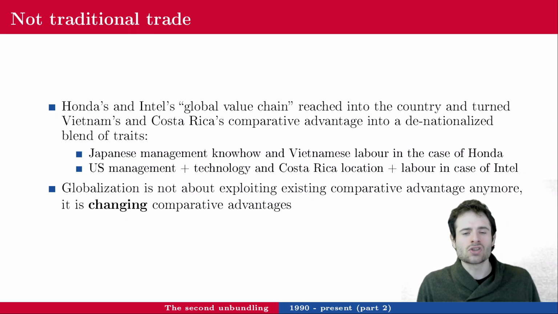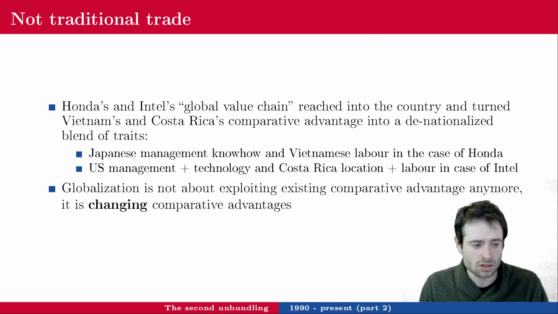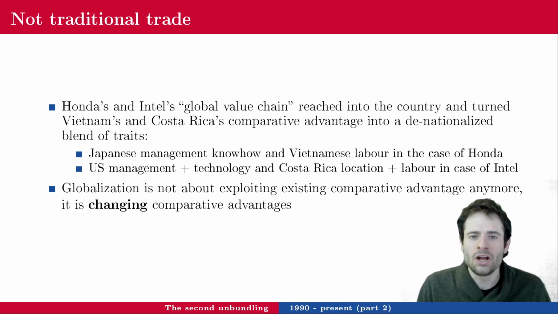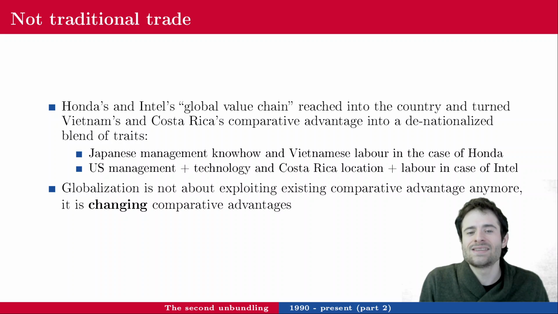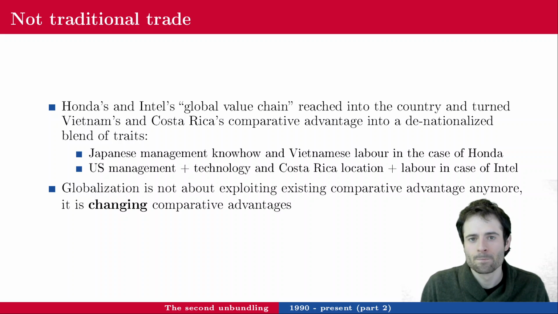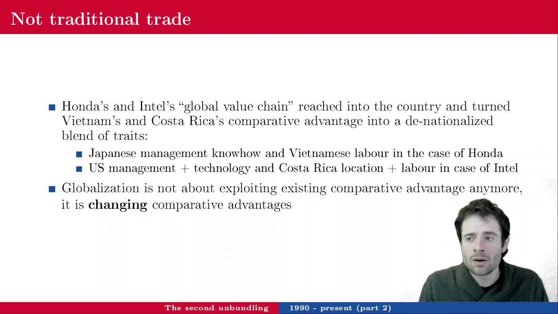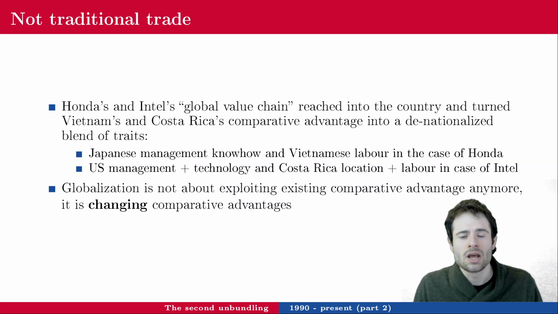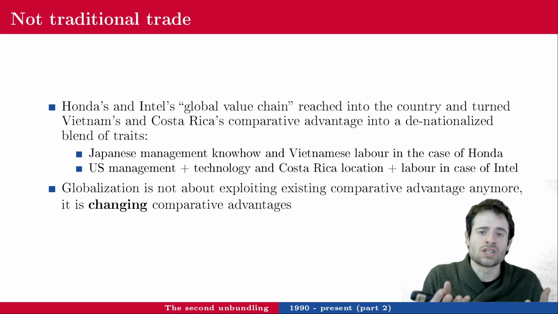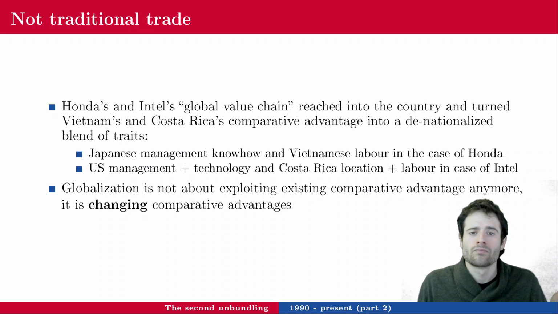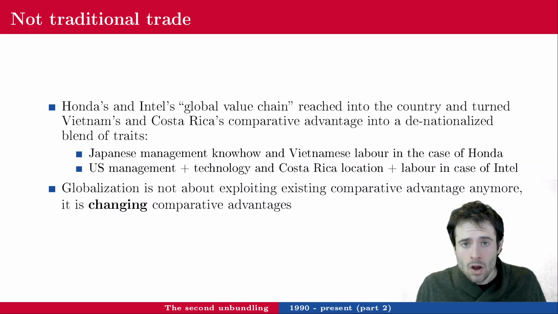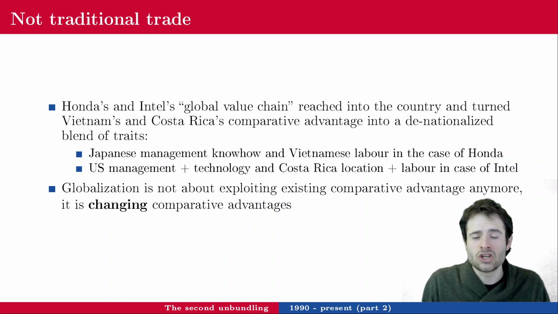And once you introduce some dynamic aspect to comparative advantage, the whole Ricardo theory about, oh yeah, France should produce cheese and whoever else should produce something else, breaks down. Because this is what we call a static model. That works if things are as they are and if they stay as they are. But if after trade there are maybe more investments in other countries, then the balance of comparative advantages is going to change. And so a country as a whole, maybe France, will not have a comparative advantage in making cheese anymore.